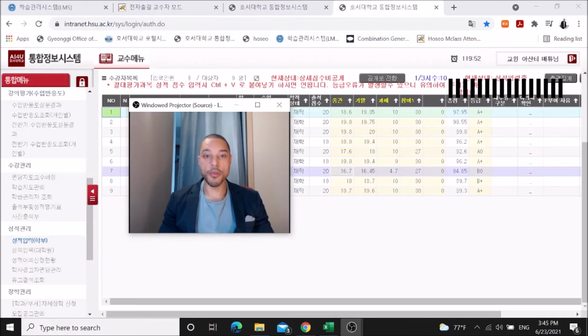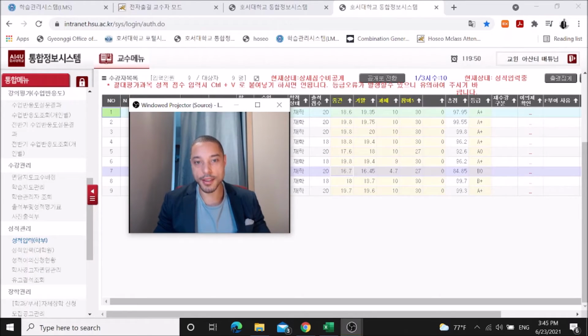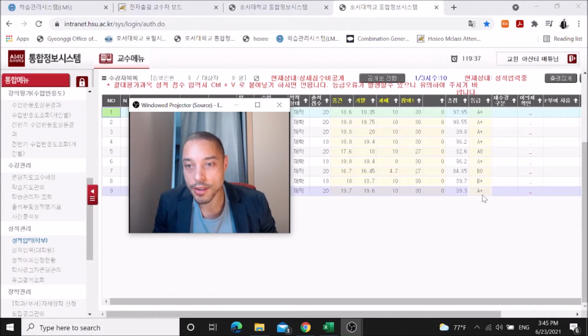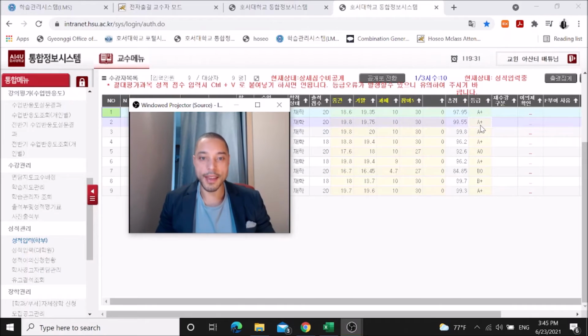So for example, a class like this, which has like 9 students, you can see they are right on the cusp of, one more student would be too much, but they are at exactly 9, and a lot of them have really high scores, so there's a lot of A's in this class. They get exactly what their point says. I don't even control this. The system controls this. So if you have more than 9 students, there's a ranking, and then if you have 9 or fewer, then it's just whatever score you got.